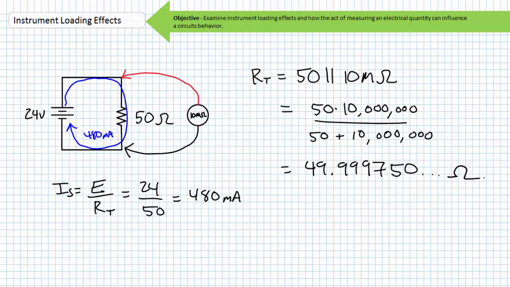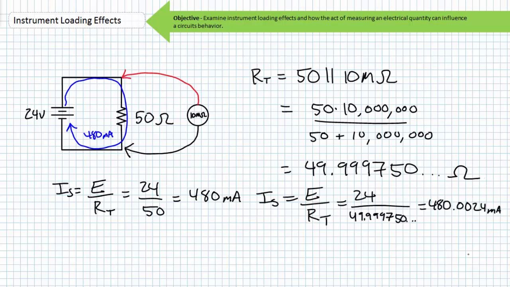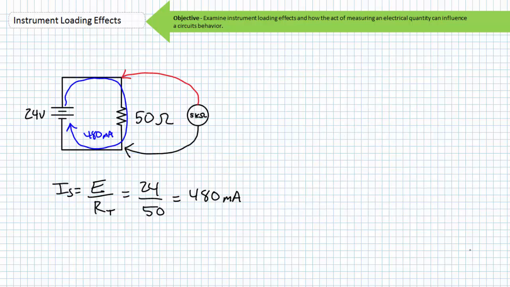Is this different than 50 ohms? Essentially no. Ohm's law states that the source would now provide approximately 480.0024 milliamperes of current to this parallel combination, 480 milliamperes of which traveled through the intended 50 ohm path, and 0.0024 or 2.4 nanoamps traveled through an unintended path. 2.4 nanoamps. Is this worthy of even the slightest wrinkle in your shorts? Absolutely not. However, now consider a voltmeter with 5 kiloohms of resistance placed in parallel to a 50 ohm resistor